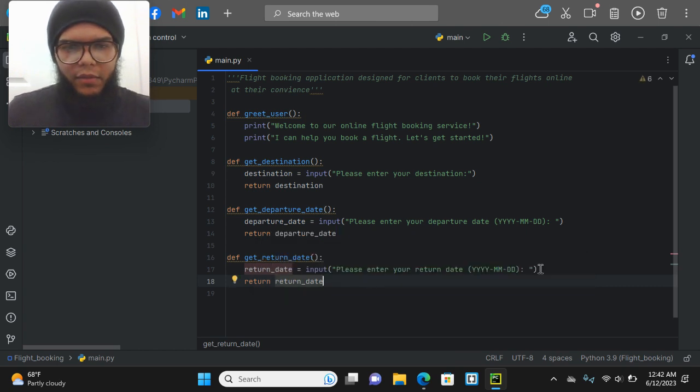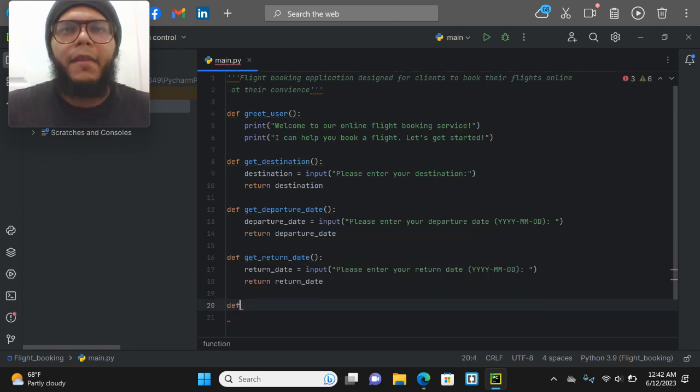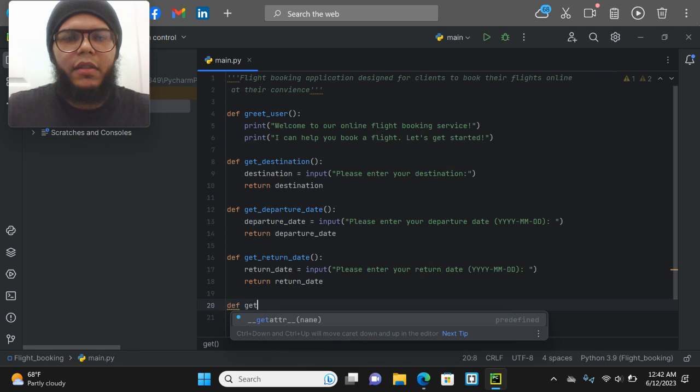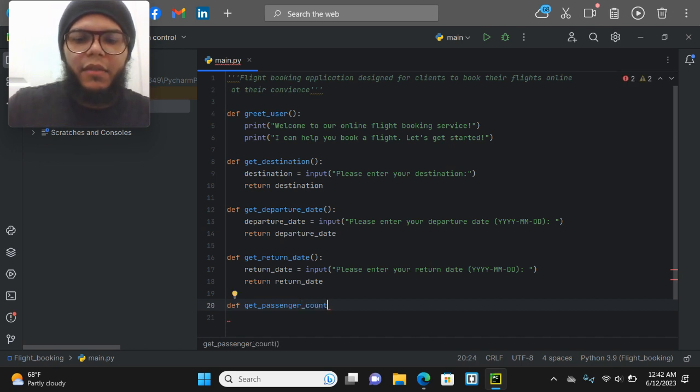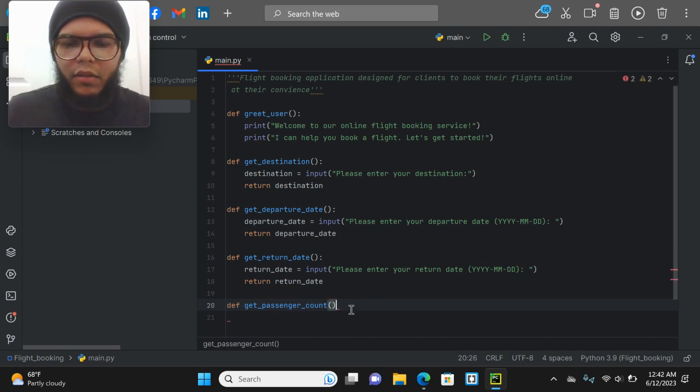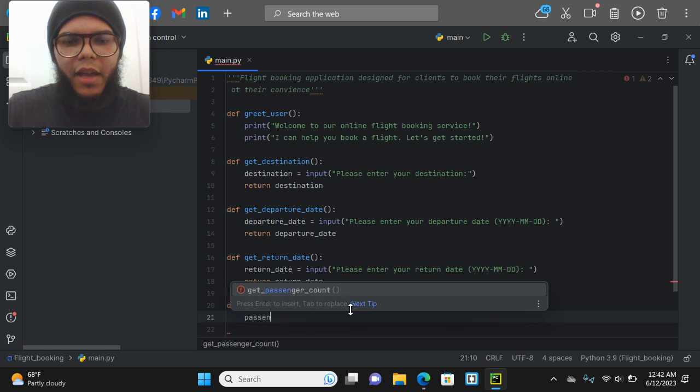Next function we're going to use, I'm going to say define get passenger count. The purpose of this function is to get the passenger count from the user. How many people are they booking in this flight? How many tickets are they trying to buy for this flight? So I'm going to say passenger